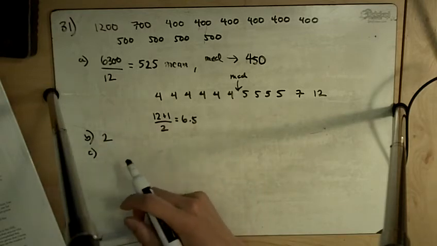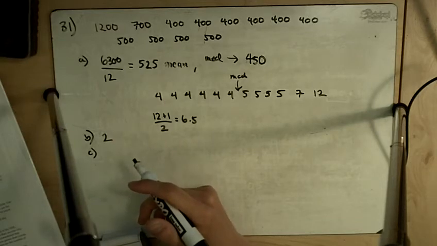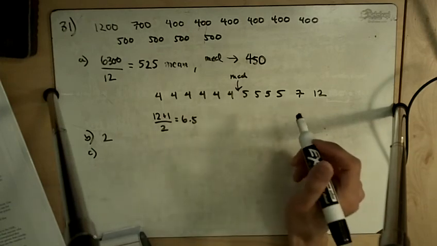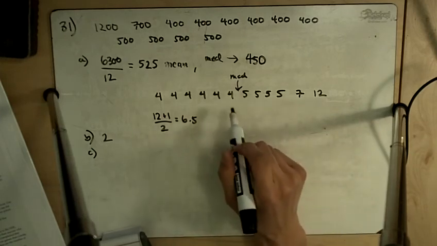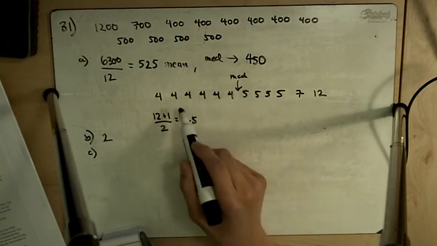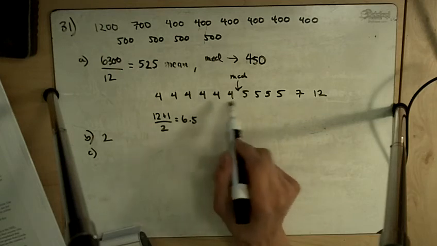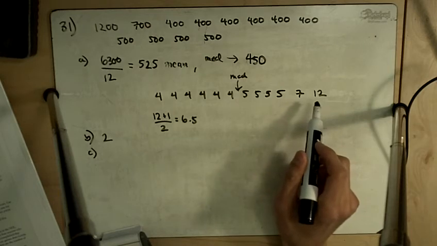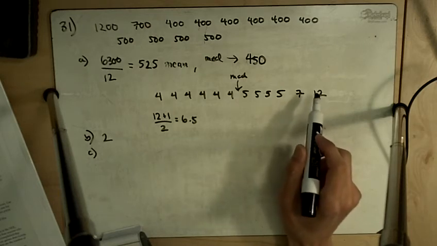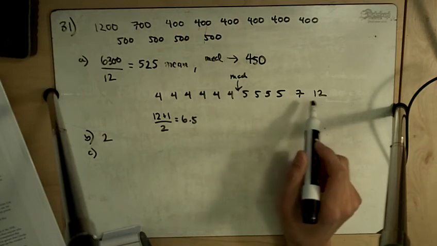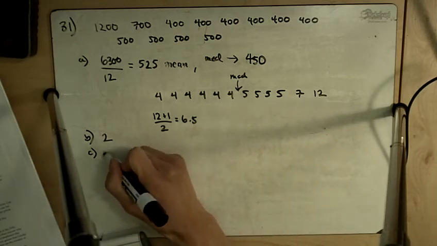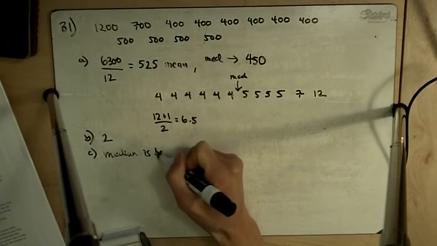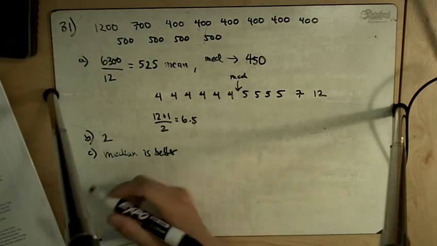Part C asks, which measure of center best describes a typical wage at this company? The mean or the median, okay? And I would say the median does a better description of the typical wage earner, which is going to be the 10 people who are either the stock boys or the drivers, who earn $400 or $500. And there's only 2 people that earn significantly more than that, and that would be the manager and the supervisor. So I would say the median is better for describing the typical wage.